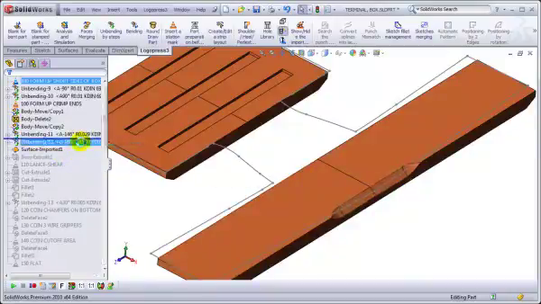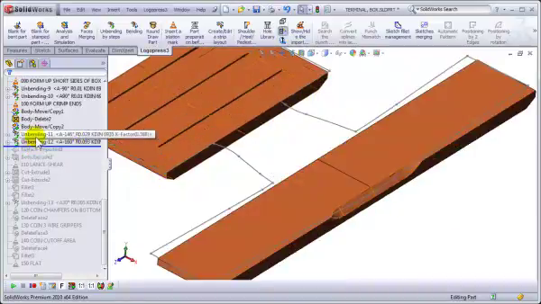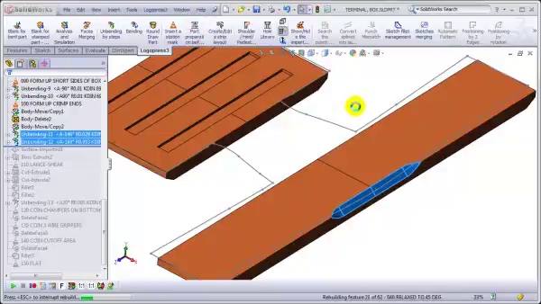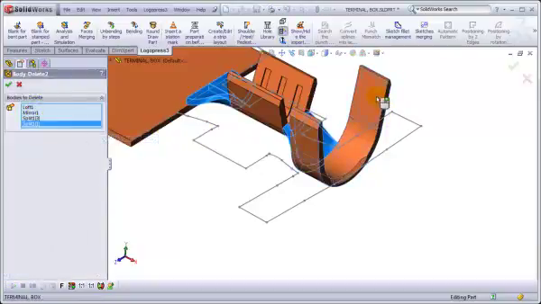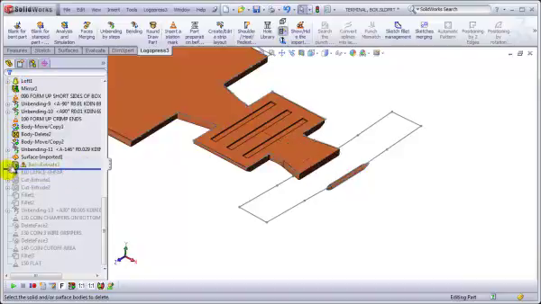And then roll up to here. And there's what we unbent. That's what we're going to get rid of. So we'll delete this unbending and delete absorbed features, like so. And then we will edit this delete body, and that's where we deleted those two lofts, and we'll also delete that. And now we'll roll back to the boss extrude, and we've got